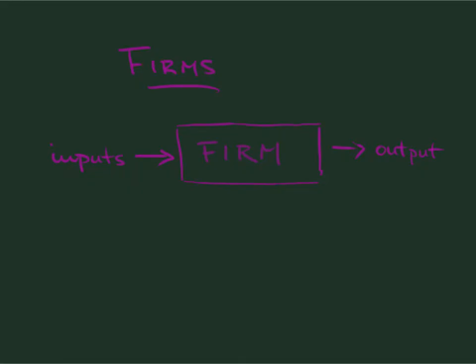Okay, so first, let's talk about behavior of firms. Economists have a very simple view of what firms do. Firms convert some inputs into an output. So, for example, a bakery is a firm that converts wheat and water and labor into bread. Okay, so we have this very simple view. Inputs go in, output comes out. And for the most part, we ignore what happens inside the firm, what type of technology the firm uses, the exact production process is. That's not part of our economic analysis right here.